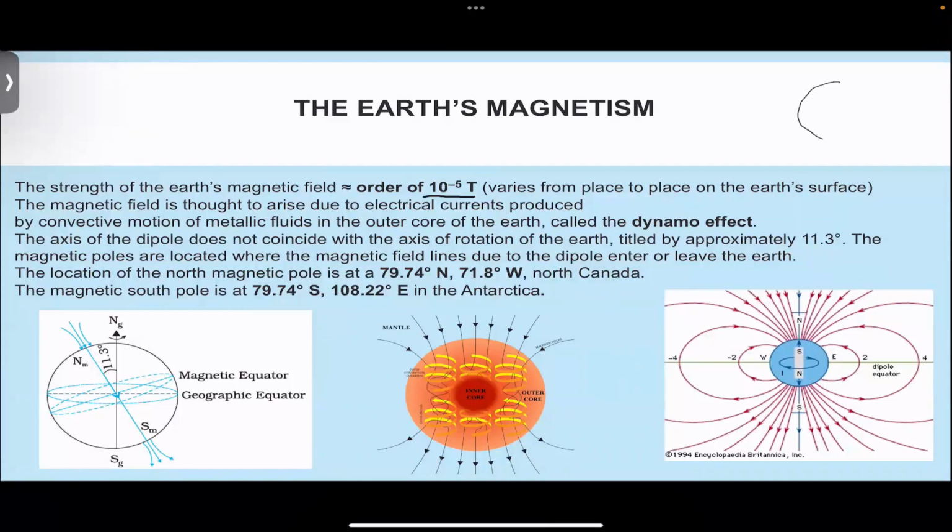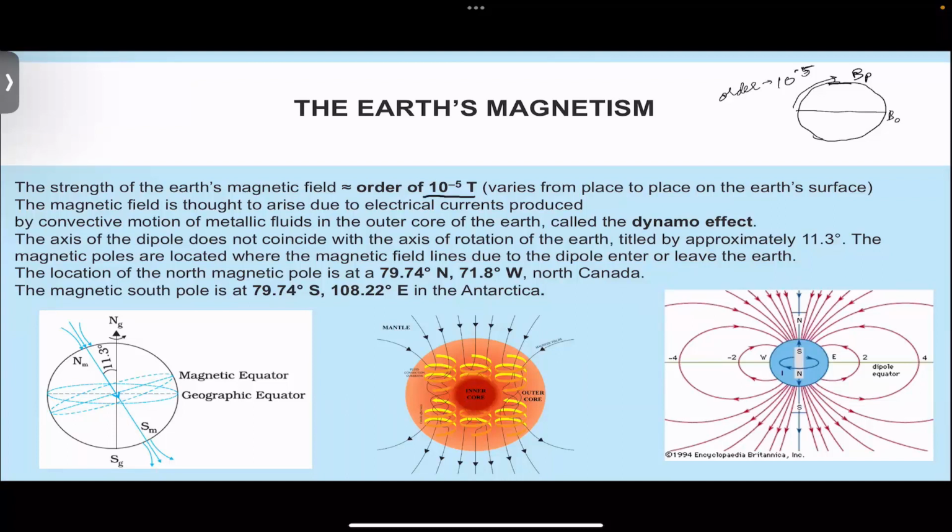So if this is your Earth, the magnetic field at the equator is actually going to be different from the magnetic field at the pole. The order of the variation would be of the order of 10 raised to minus 5. Previously, it was not known how the magnetic field was generated. But with time, when more studies were done to understand the interior of the Earth,